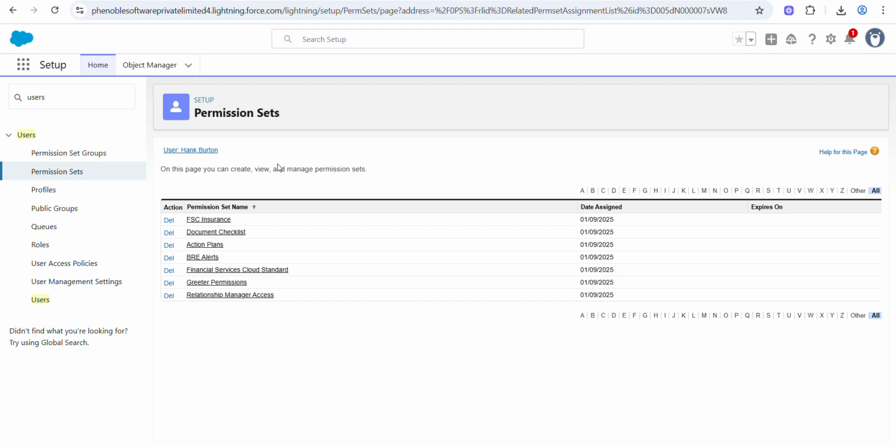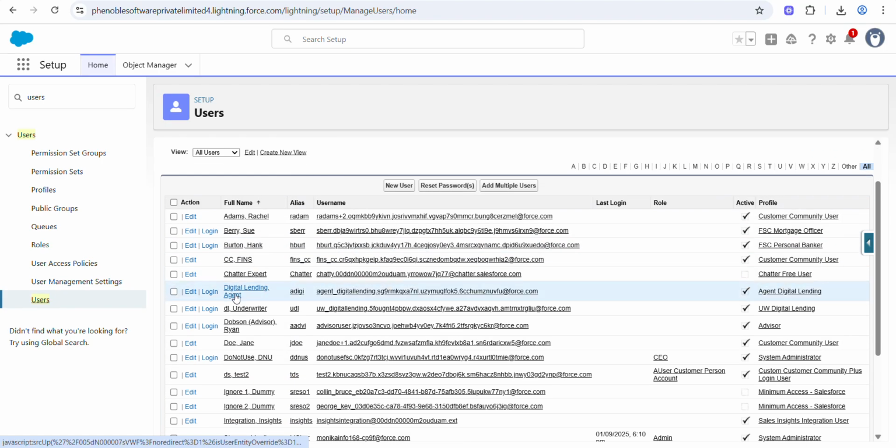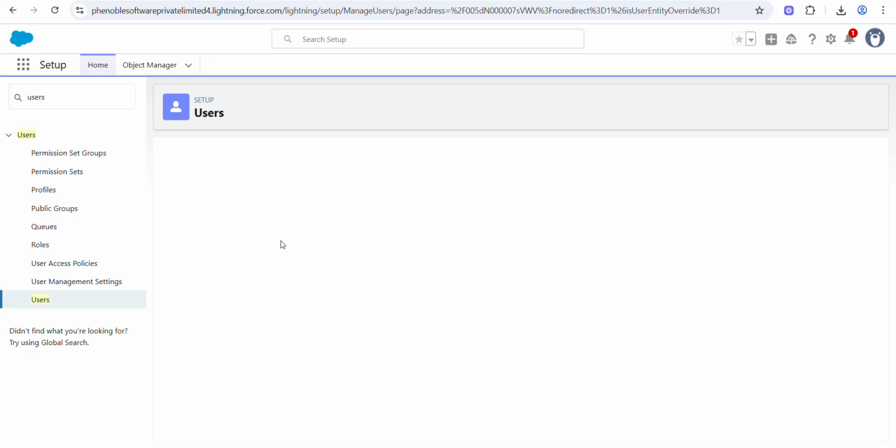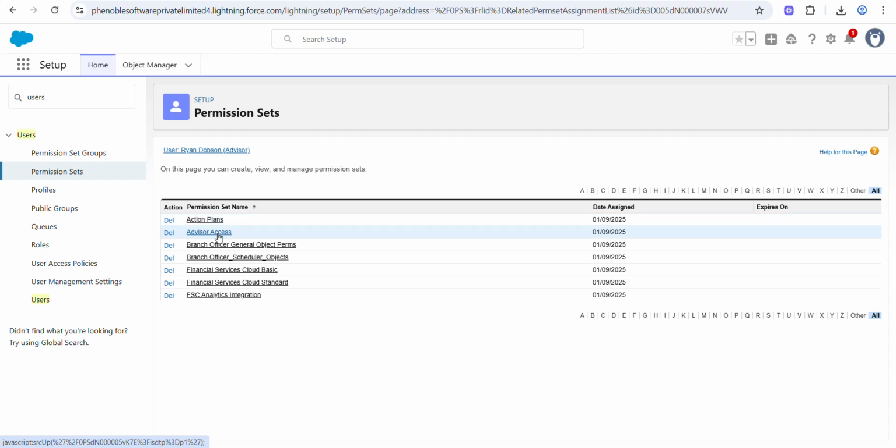As we can see here, Financial Services Cloud, Insurance, Document Checklist, Action Plan, so all of these permission sets are assigned to this user. If we look at Rayan, yes, this user also has these permission sets.